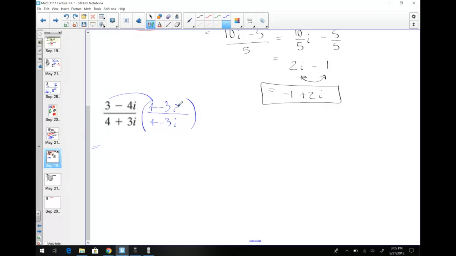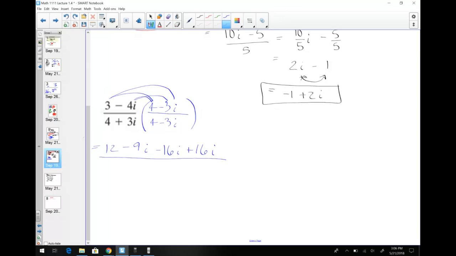And notice these look similar, but they're not conjugates of each other. So I've got 3 times 4, which is 12. So nothing's going to cancel out in the middle. 3 times negative 3i, which turns out to be negative 9i. Negative 4i times 4 gives me negative 16i. Negative 4 times negative 3i gives me positive 16i,